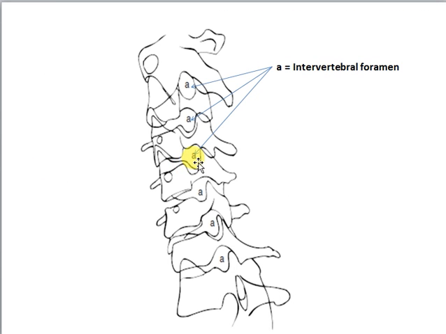When you are looking at the oblique view, this view is very important because in this view you can clearly look for the space which is the intervertebral space or the intervertebral foramina. Now the intervertebral foramina is clinically very important because the nerves emerge from these foramina, and if there is some sort of degeneration, we usually call it cervical spondylosis or osteoarthritis of the cervical spine, or sometimes people call it degenerative change or degenerative condition. In those conditions there is compression on the nerves, and this intervertebral foramen is reduced.